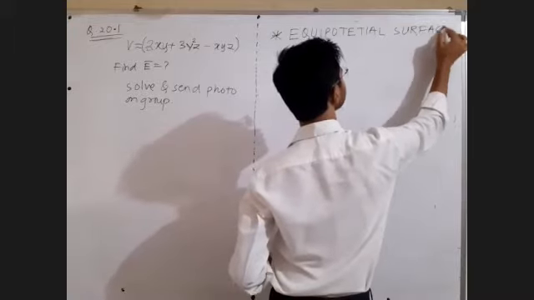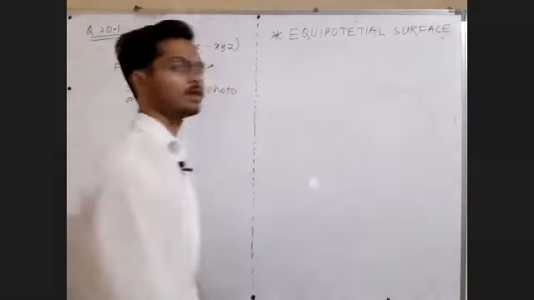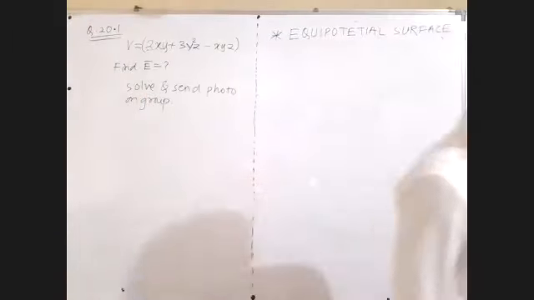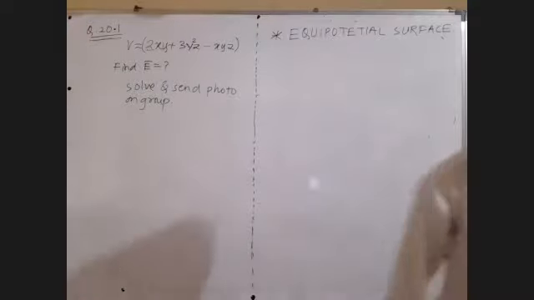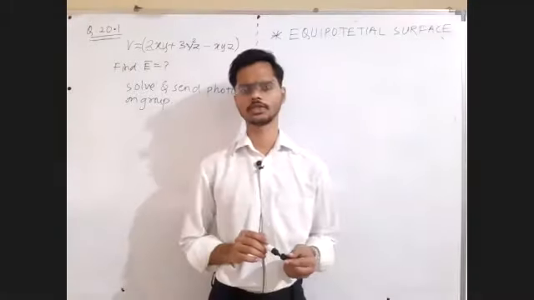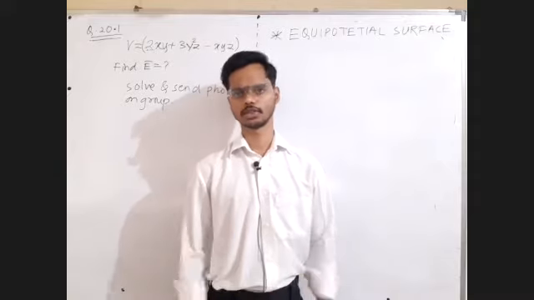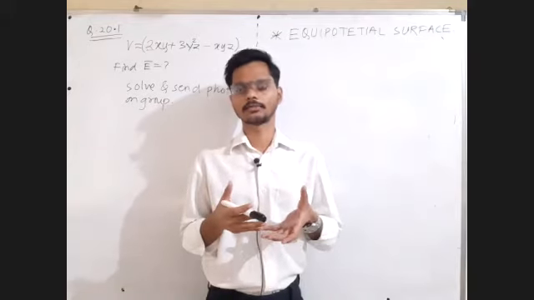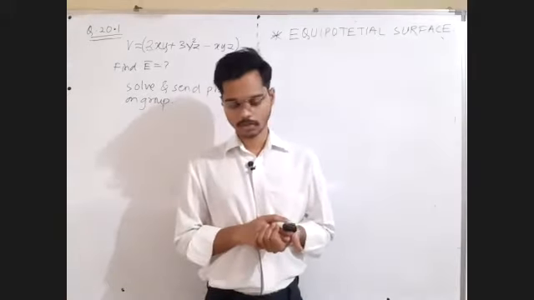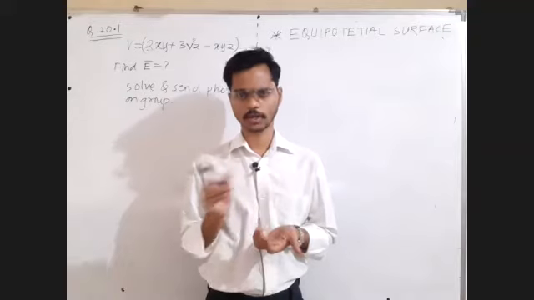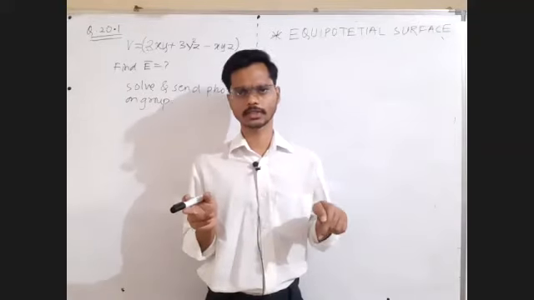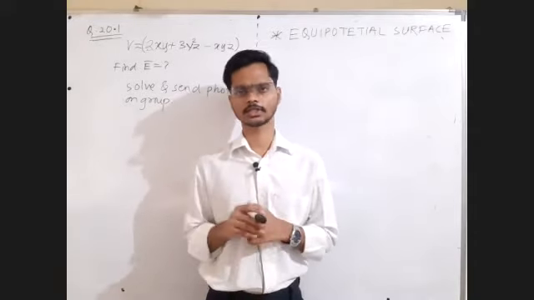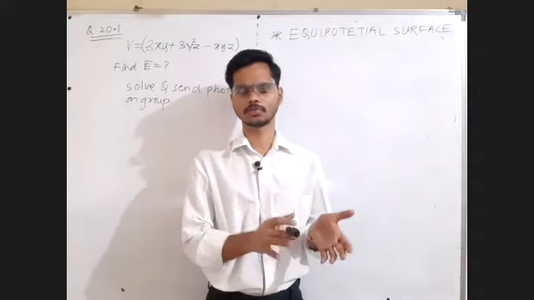What is the meaning of equipotential surface? Let us try to understand. We know what is potential. What is potential by definition? Sir, potential is the potential energy of a given charge divided by the given charge. Mathematical definition. Now let's repeat the definition with logic. Potential energy is actually work done by the internal forces multiplied by the minus sign. So the negative of work done by the internal forces is the potential energy or change in potential energy.